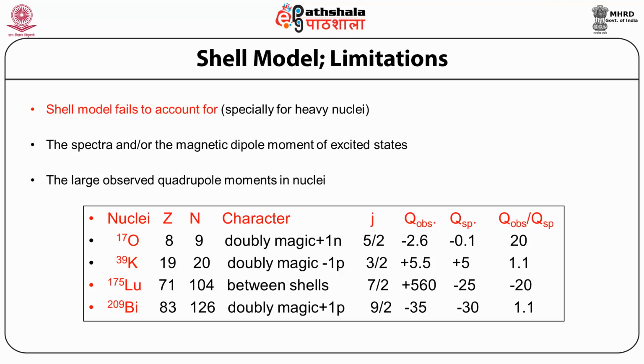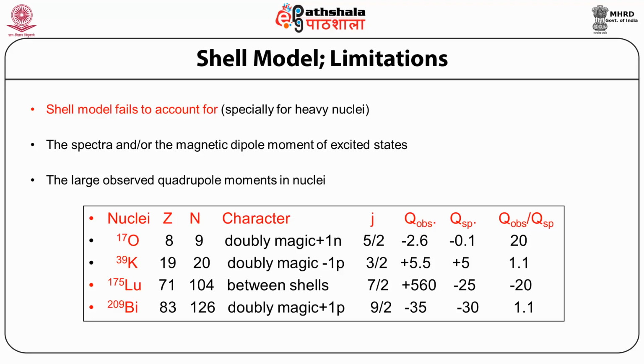For example, oxygen 17. In case of oxygen 17, the proton number is 8, the neutron number is 9. So we can characterize it as doubly magic plus 1 extra neutron. The extra neutron is in the j equal to 5/2 orbital. Now Q observed means experimentally people have observed a quadrupole moment of -2.6, and the quadrupole moment predicted from the shell model was -0.1. So there is a factor of 20. We can say that a 20 times larger quadrupole moment is observed as compared to the